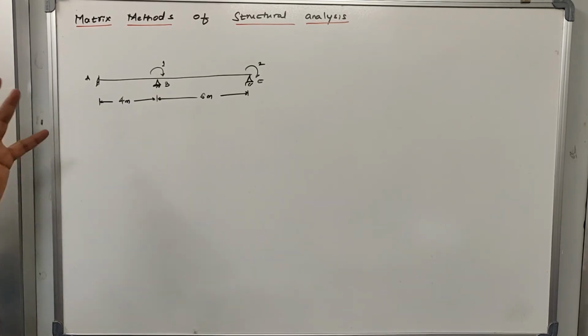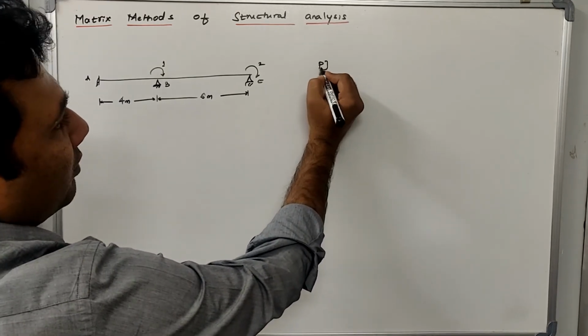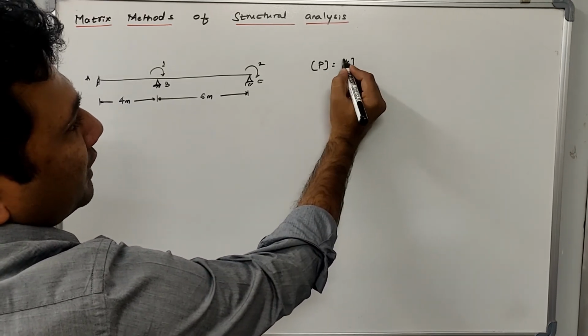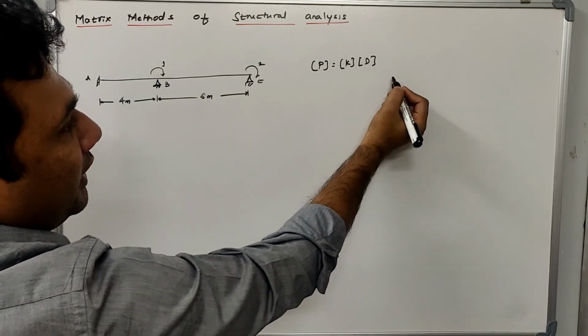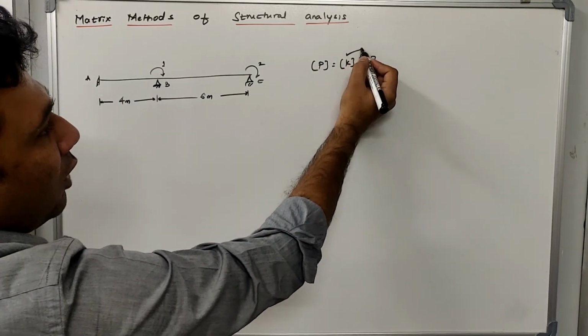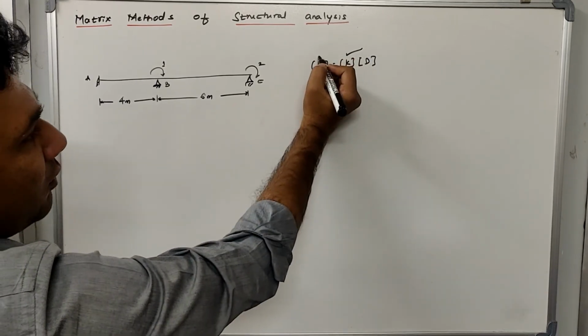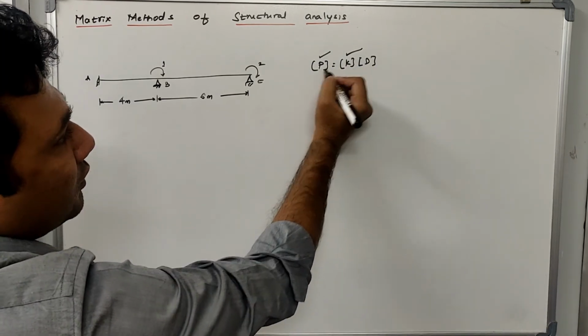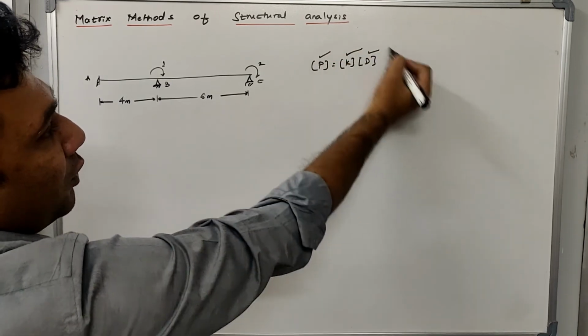First we'll try to formulate the stiffness matrix. I know that there are basically 3 matrices to be developed. First, we have to develop the force matrix, then the stiffness matrix, then the displacement matrix, right? So these are the 3 matrices to be formulated. Now first we will try to understand how to develop a stiffness matrix. Once we know how to develop the stiffness matrix, then we can solve for the force matrix, and once we solve the stiffness and force matrix, we can solve for the displacement matrix. I'll let you know the next part later.